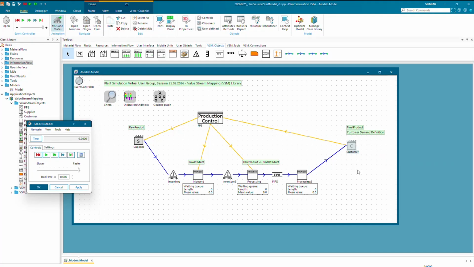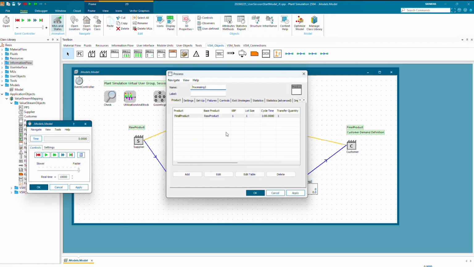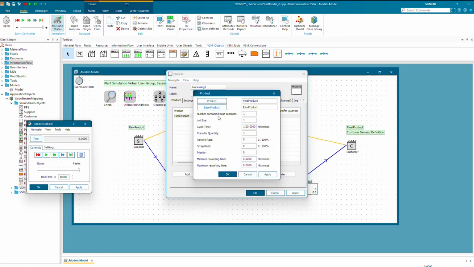So if a customer orders 60 parts, it will go upstream to the next station and see, okay, this is the next control station, forward a certain order in here, take parts out of the inventory, and then calculate again to here, take parts out of the inventory. From here on, we would have a certain push system. And right here, just to change things, we would need to check the base product. This right here is also the final product, and it could be something like a slightly smaller one.